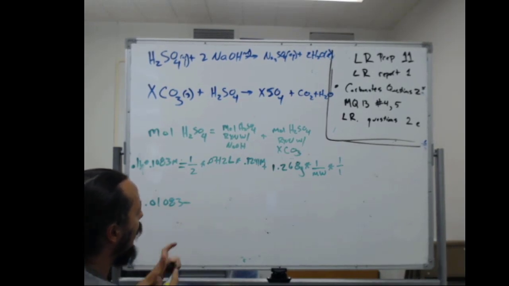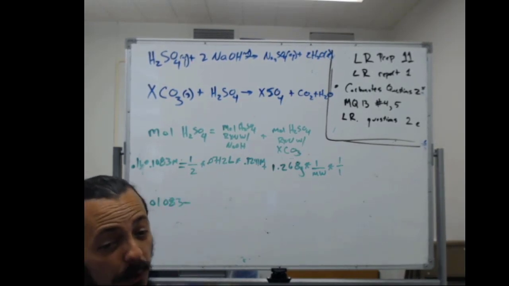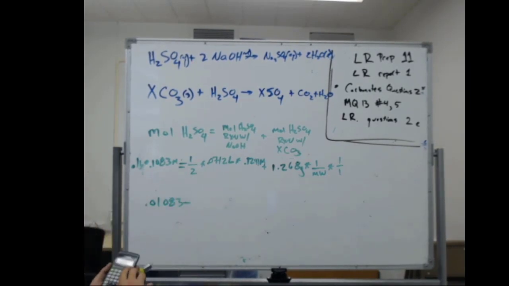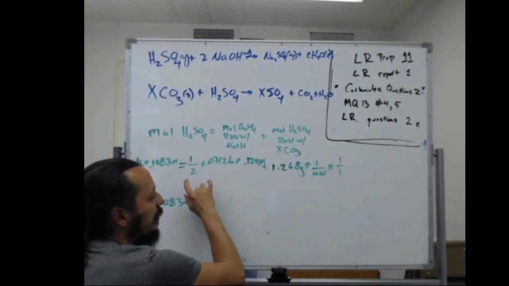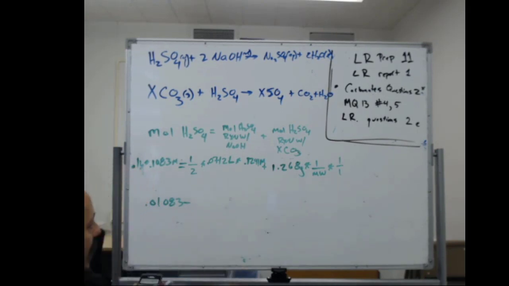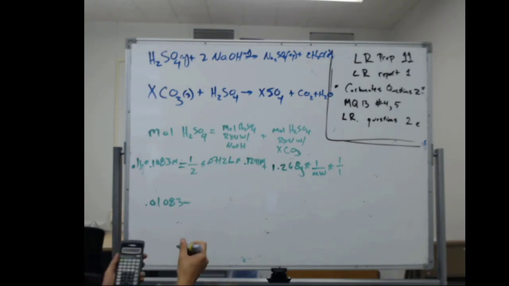0.01083 minus, don't forget your factor of 1/2. That's the most common mistake people make in this problem, is they forget that these two things have different mole ratios. They just plug 1 to 1 in for both of them, and that creates a huge headache. 0.07121 times 0.1241. That divided by 2 equals minus